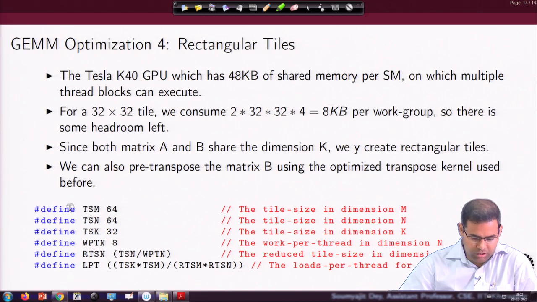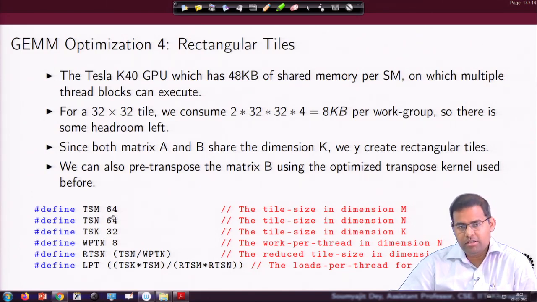So now let us just go through some basic definitions. What we do is, let us say TSM defines the tile size in dimension m, TSN for dimension n, and the tile size in dimension k is 32. And also we will increase the work per thread. So, we will bring in the previous optimizations, the work per thread corresponding optimization, let us say 8, and with this,